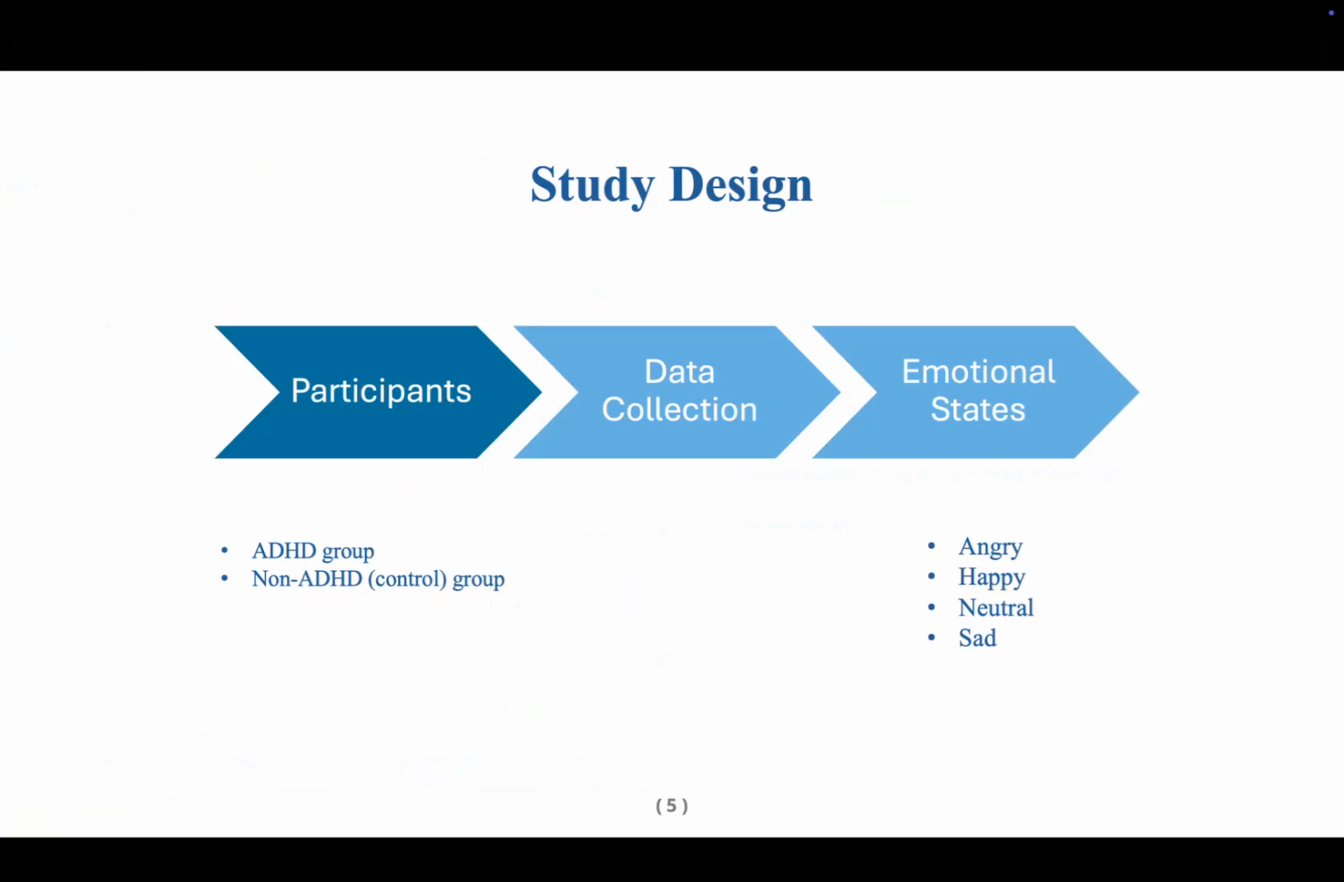Our study design involves three key components. First, we analyzed two groups of participants, individuals diagnosed with ADHD and a control group of non-ADHD individuals. Secondly, we collected EEG recordings to measure brain activity across multiple channels. This data was carefully pre-processed to ensure accuracy and focus on the theta and beta frequency bands, which are critical for understanding ADHD-related neural activity. Lastly, we examine brain connectivity during four distinct emotional states: angry, happy, neutral, and sad. This approach allows us to compare functional connectivity patterns between the two groups and explore how ADHD impacts emotional cognitive